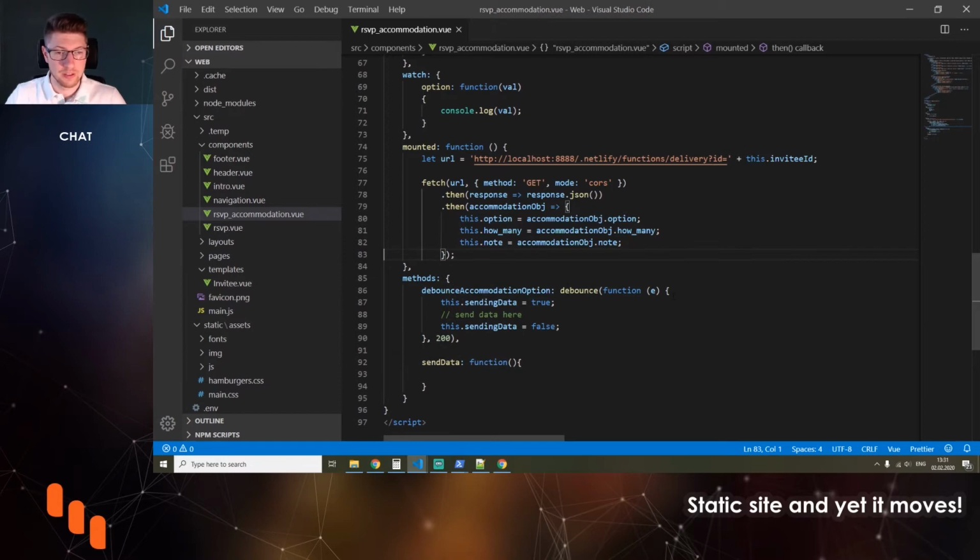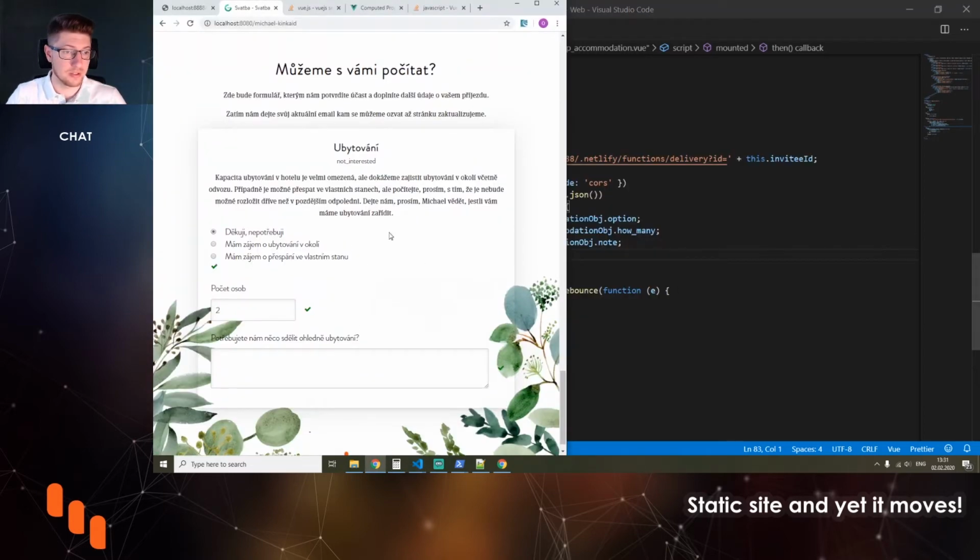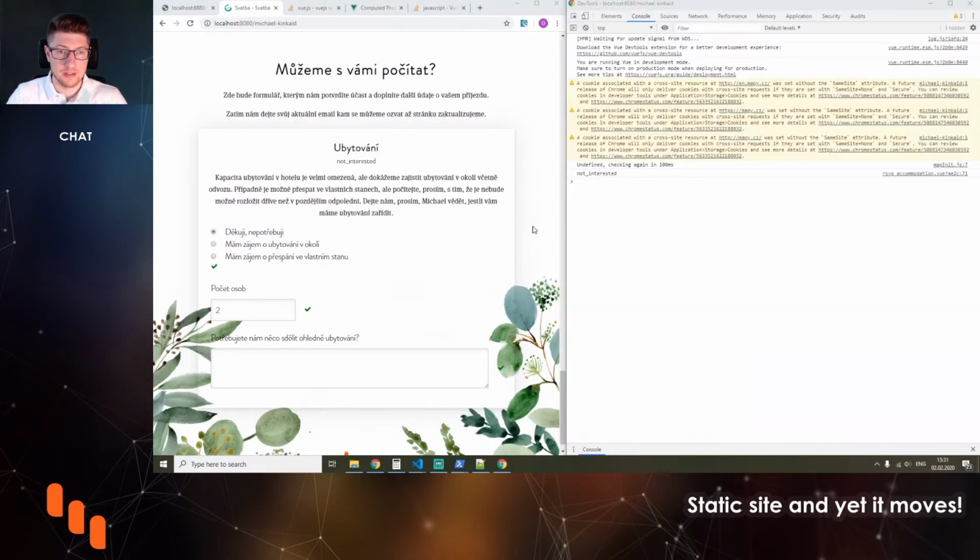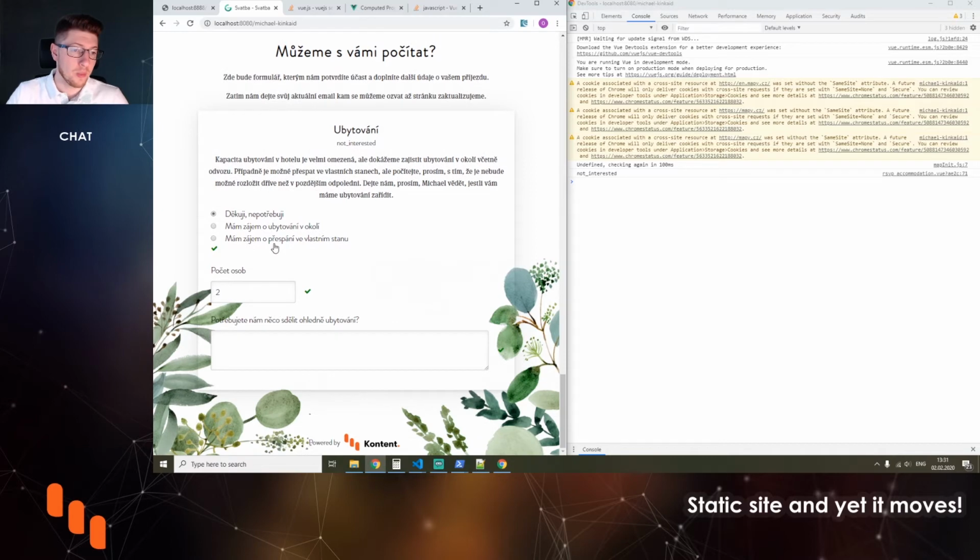Now we should also get this checked. So you see this is checked now. And not interested is the actual option at this point. Now, when I change this, you see that I'm getting the different data in the console log. So the model is working, the watch property is also working. So at this point,